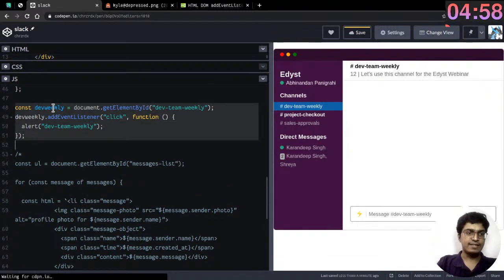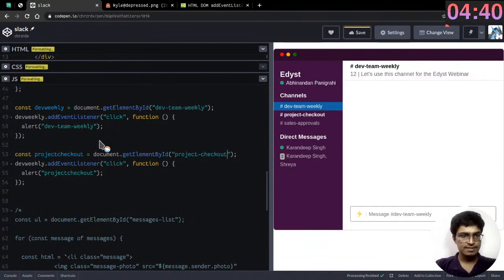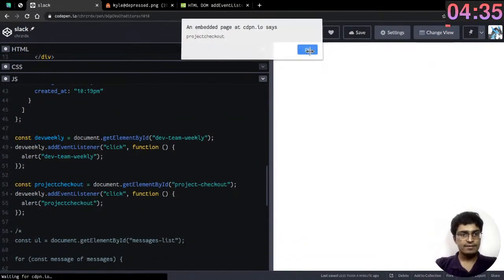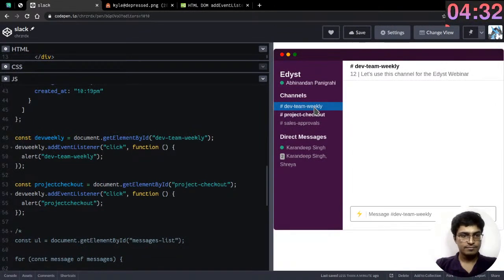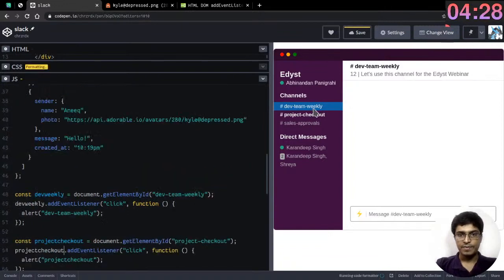Similarly, I'll select the other guy, which is project checkout, and for that I'm going to add a different alert. So let's see this. Okay, so you click on dev team weekly. Sorry. Yeah, so if I click on dev team weekly now,